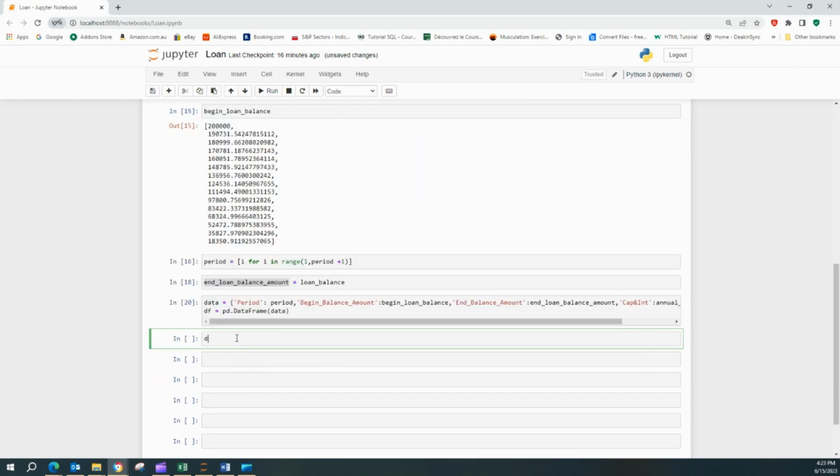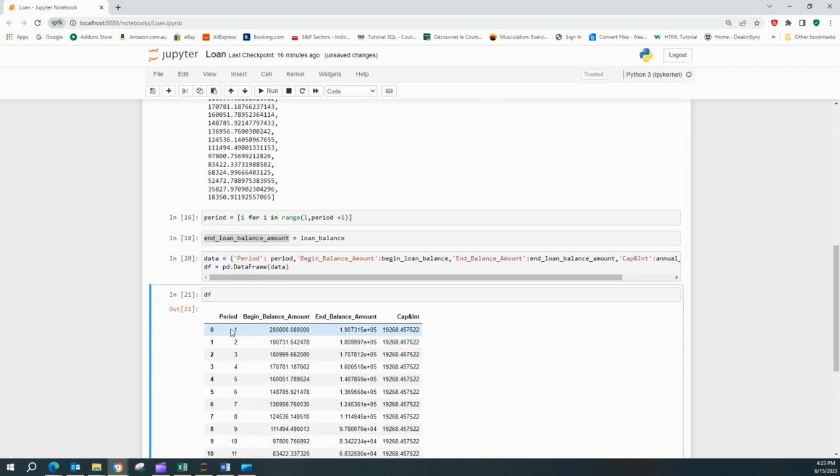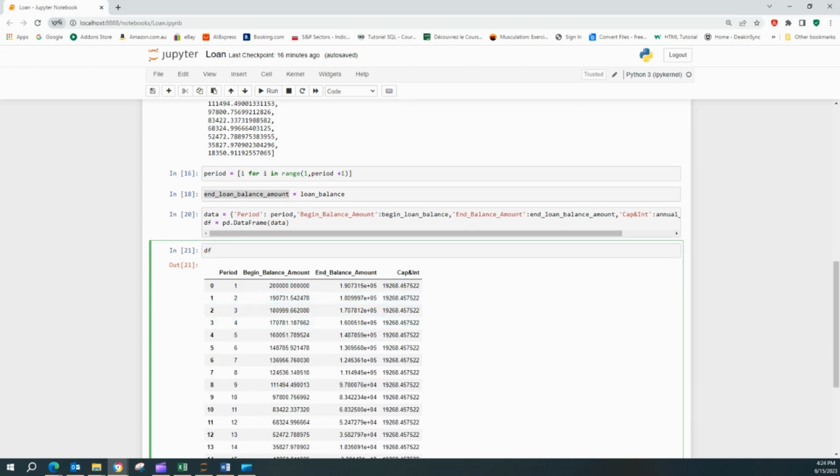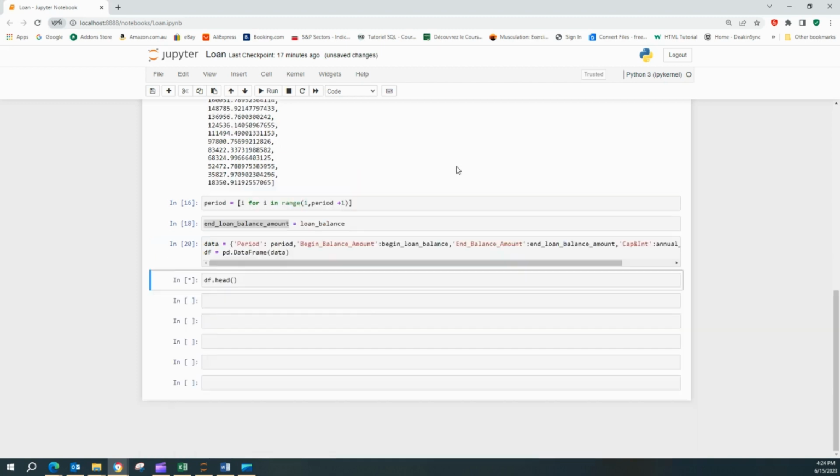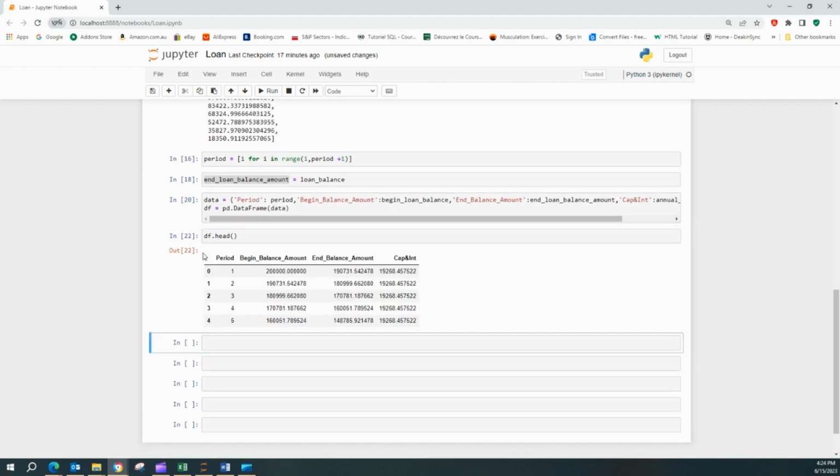And so now if I look at the DF, you've got the period, the begin balance amount, the end balance amount, capital and interest. But I want to add a few columns here. The first column that I want to add is the interest that I have to pay. So I'll create a few more lines and I'll create a new column named interest, and that will be equal basically